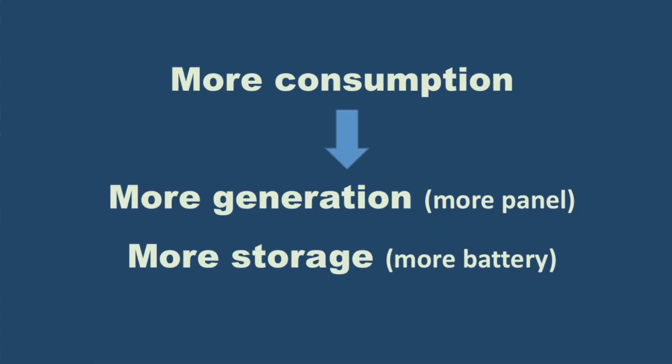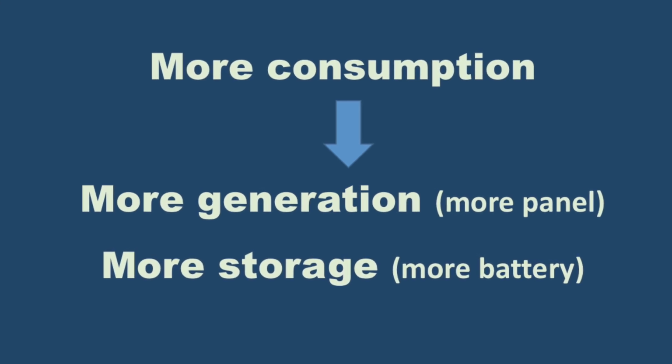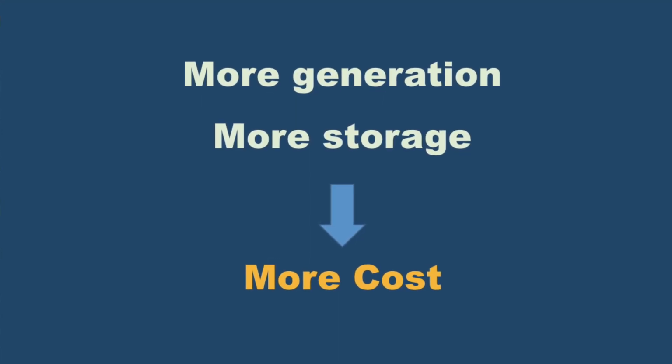Hello and welcome to you all once again in this series of videos where we are learning to design our own solar system. We have been discussing the appliances and how much energy the appliance requires. What we have discussed so far is the more energy the appliance consumes, the more generation is required by the solar panel and the more storage is required by the battery. And if there is more generation and more storage by the panel and battery, you need a bigger panel and bigger battery, which means that it is going to be more expensive.